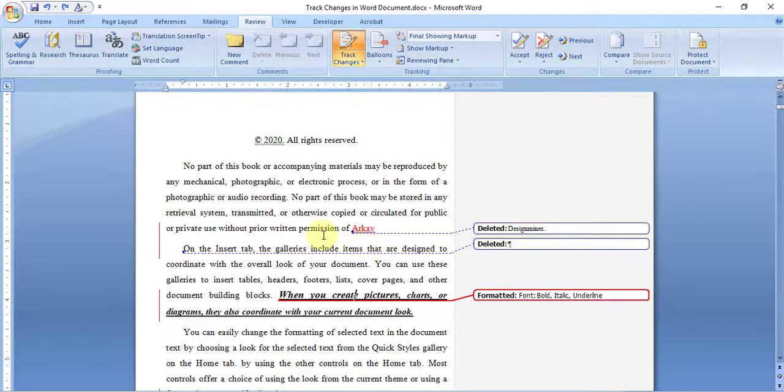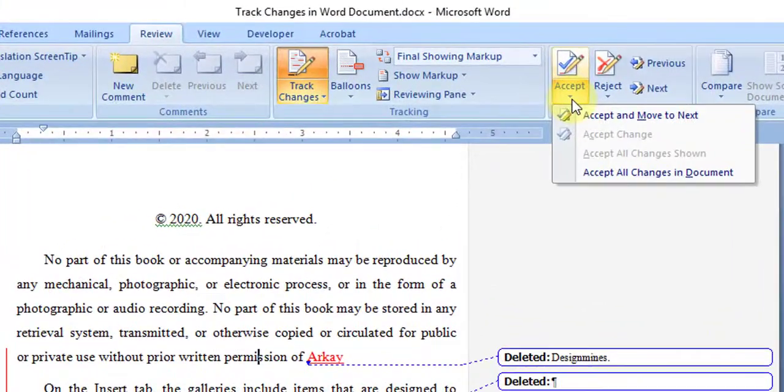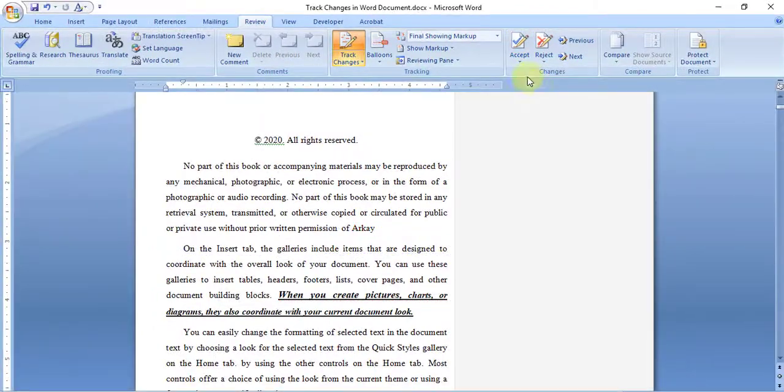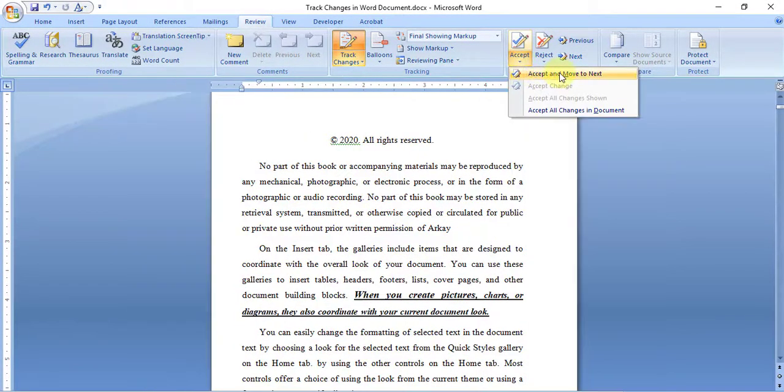Once you have verified all the changes and you think everything is correct, all you have to do is click accept. You can click accept all changes in the document, so this way you don't have to click and verify the changes one by one.